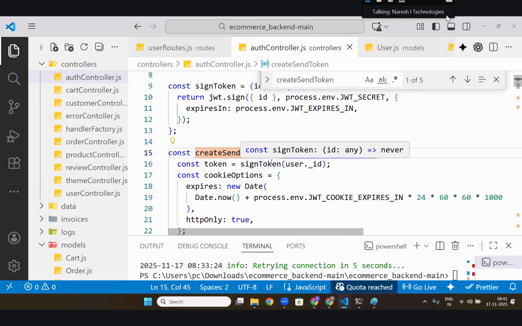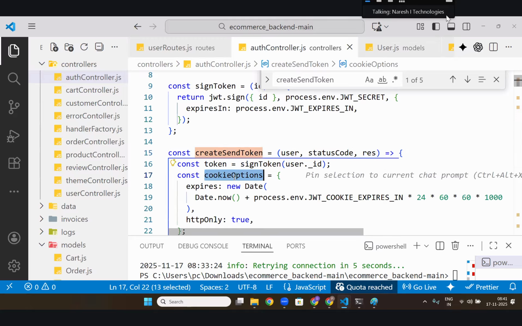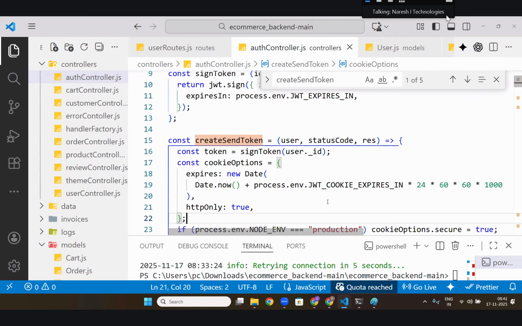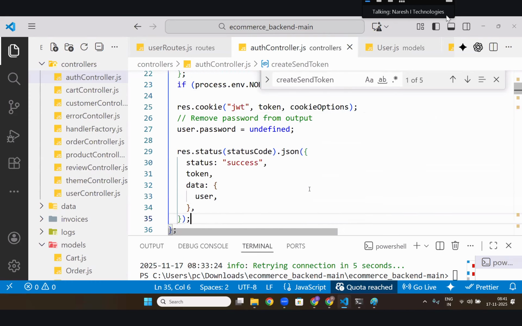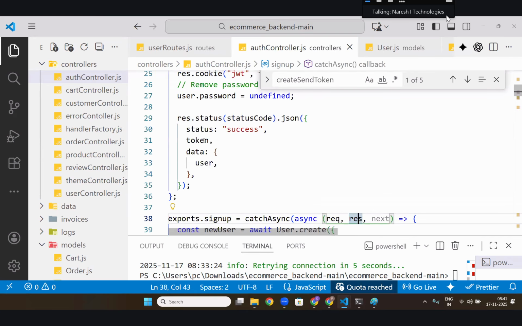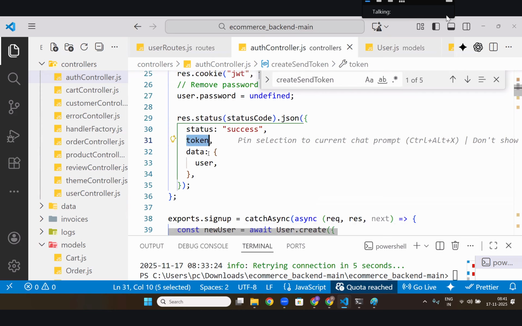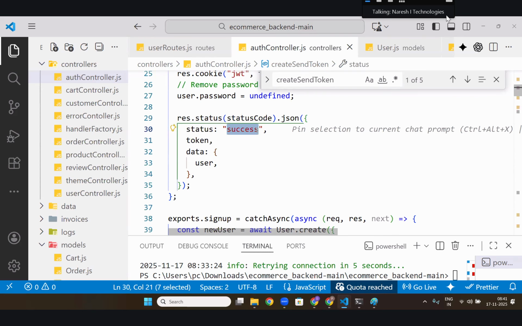The signature contains some unique secret value. Then there are cookie options. He is using cookies, how much time they expire in, and whether it is in production or local. Then he takes these three options and sends this token back with the data, user details, status and success.